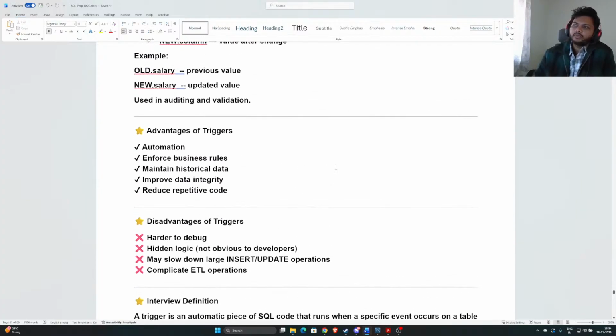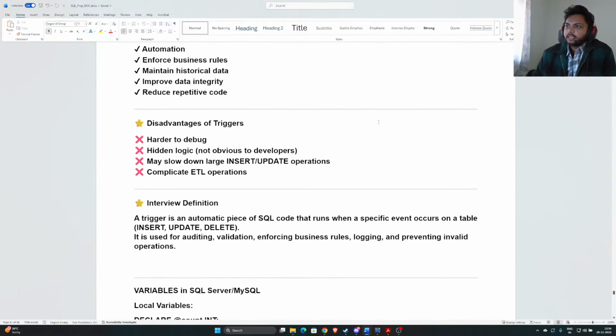So advantages of triggers will be automation, enforce business rules, maintain historical data, improve data integrity, and reduce repetitive code. Did it mention maintaining logs? So yeah, maintaining logs is basically maintaining historical data. So disadvantages of triggers will be harder to debug, hidden logic, may slow down large insert update operations, and complicate